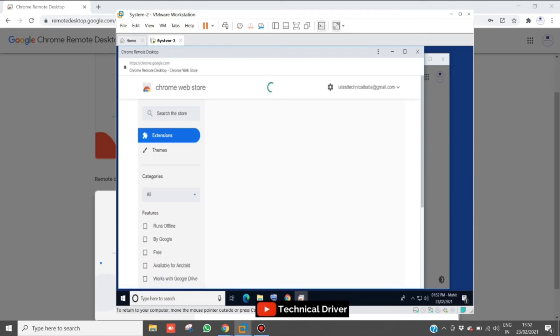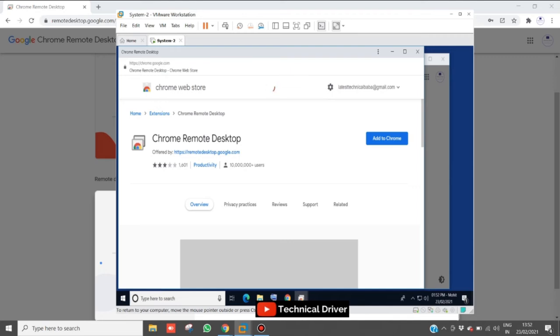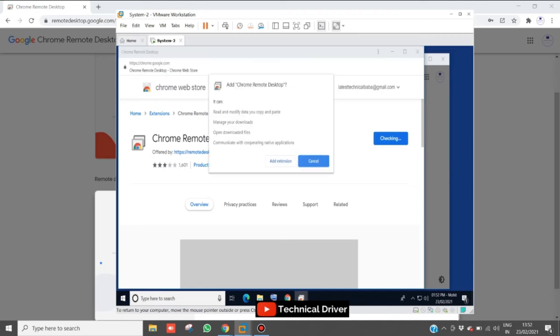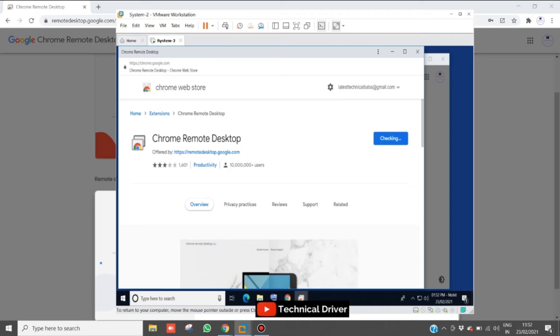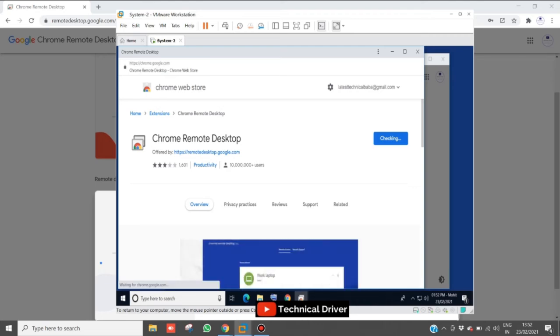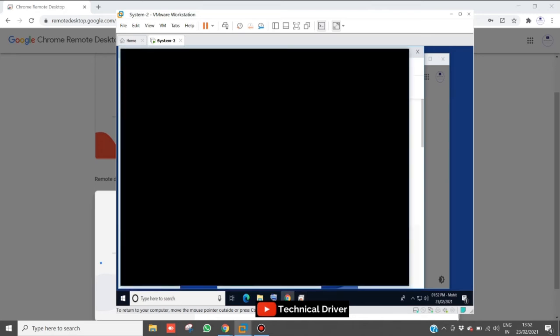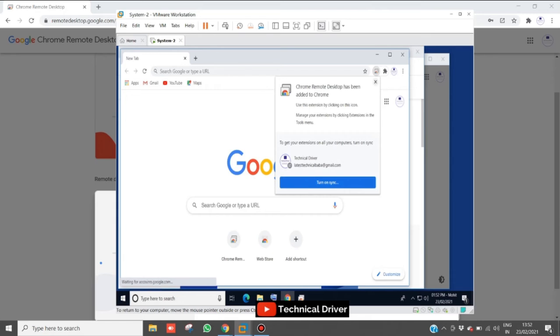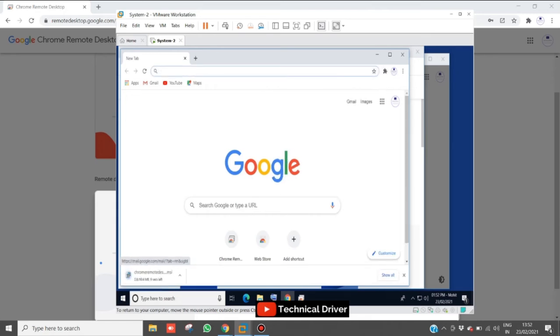First, I'm going to install the plugin on my Google Chrome browser. You can see it is currently being added, and it is currently downloading.